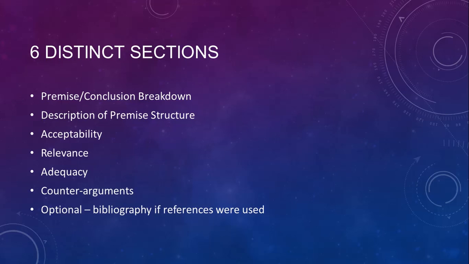You can make a good argument for something you think is false. You can make a bad argument for something you think is true. So even if you agree with the conclusion of the editorial, that's not enough to know that it's a good editorial. What we want you to talk about is: is this a good argument for the conclusion? Those are two different things. Most of the time when you're asked to write an essay, you're asked to establish the truth or falsity of some conclusion. What you're doing here is establishing whether this was a good argument for that conclusion. So your topic is the argument, not the subject of the editorial.